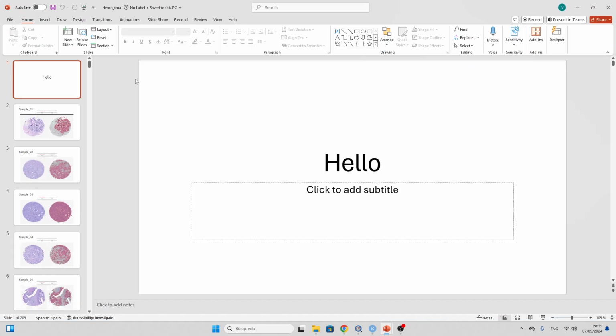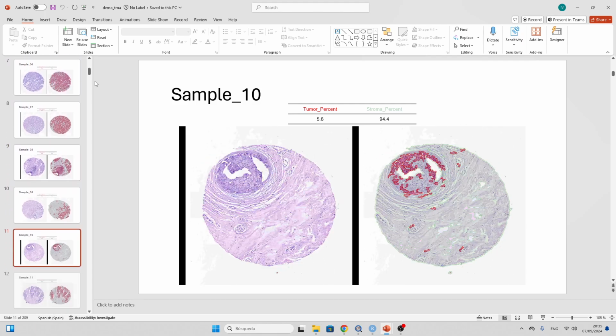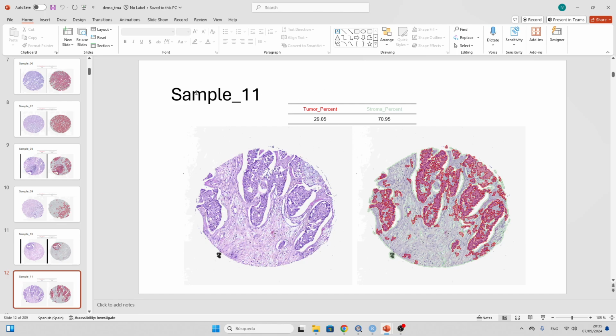Here it says hello, and as you can see, this automatically put the images and the overlays, and as I said, we have the sample name. And one of the main reasons why this is my favorite way to do this is because this over here is not an image, this is actually a table, and we can just modify something, we can make comments, etc. And furthermore, here it is a little bit more fancy, but since the tumor, sorry, this is not my expertise, so I'm not sure if this is tumor or not, but since this column is in red, and the stroma is in green, so here it is in green. Okay,